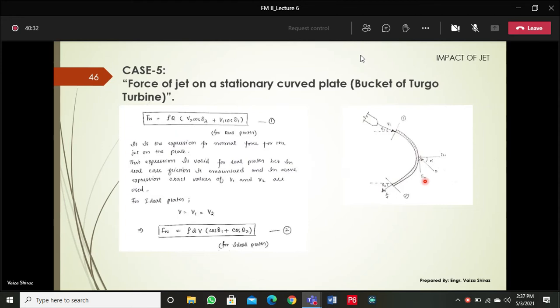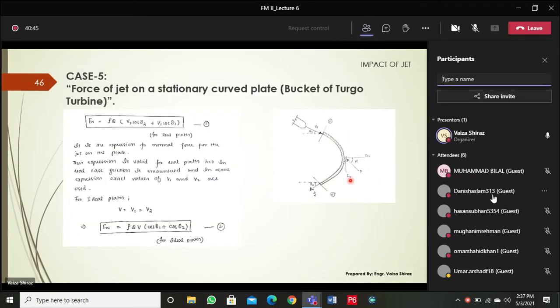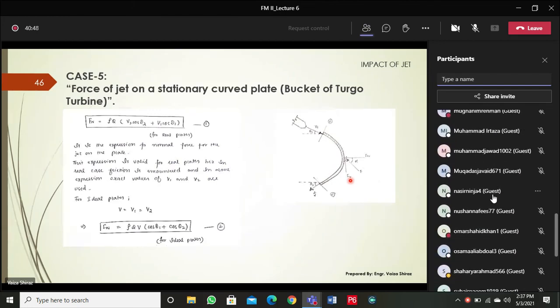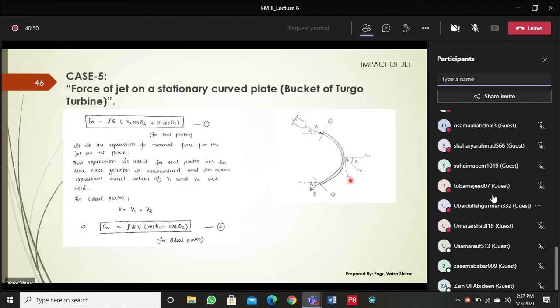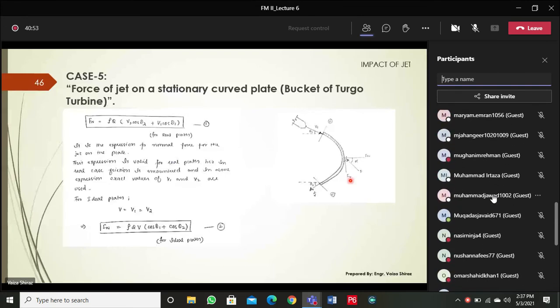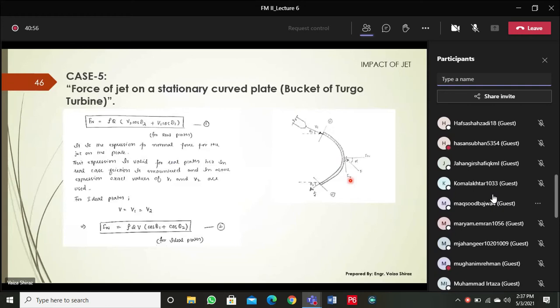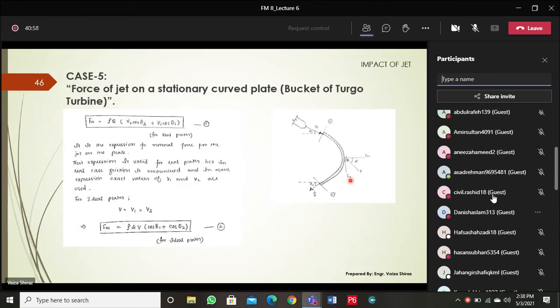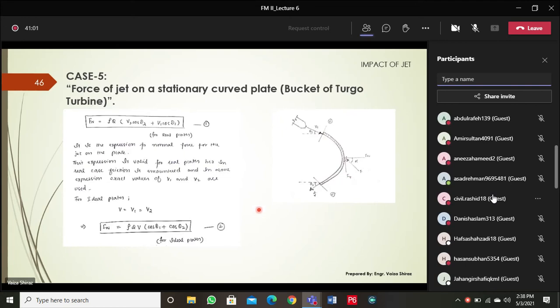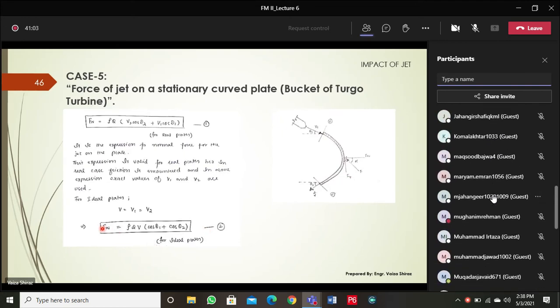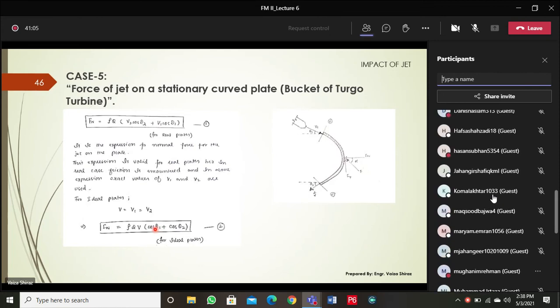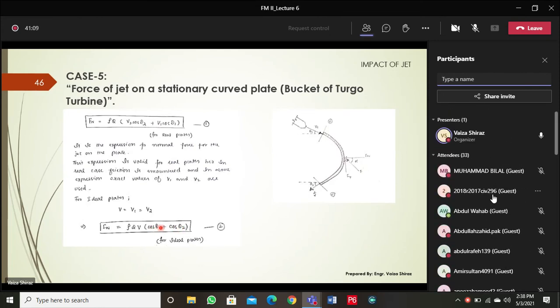इस केस में व्हेन यू कैन नॉट इग्नोर दिस, आप फिर क्या करेंगे? You will try in the design that this Ft should be as minimum as possible and this Fn should be as much as possible. तो आप डिजाइन में कोशिश करेंगे कि आप Fn को ज्यादा से ज्यादा इंक्रीज कर दें और Ft को कम से कम कर दें, as much as you can. Now what would be the way for that? For this, see this equation. Fn is now dependent upon these angles theta 1 and theta 2. These are your design conditions.